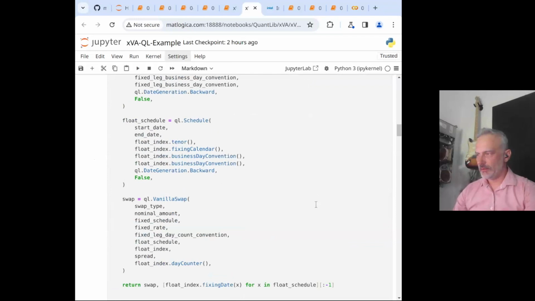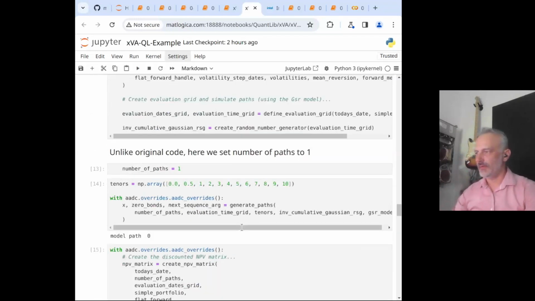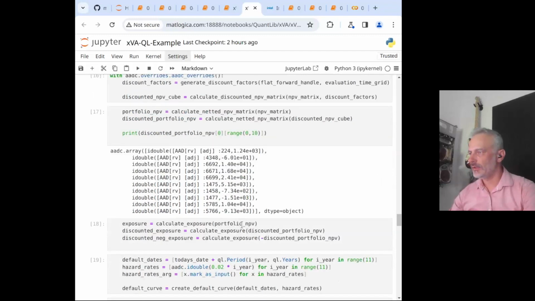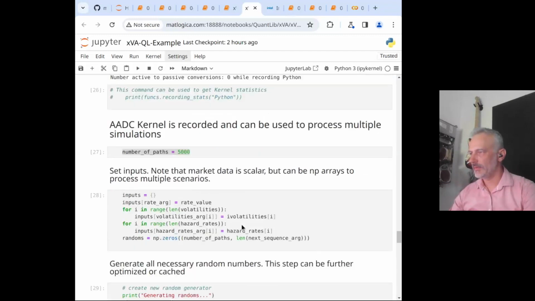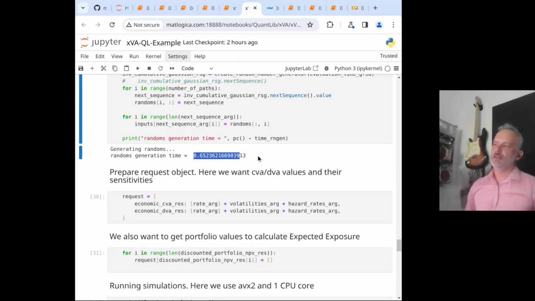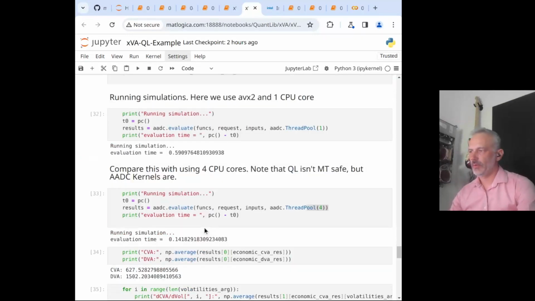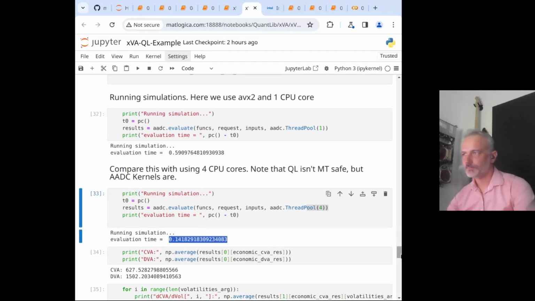So we saw that in the AVX2 case, we are running XVA simulations, let me see, it's somewhere here. 5,000 simulations we want to do. It runs in 0.6 seconds on a single CPU core, right? On 4 CPU cores, it almost linearly scales.